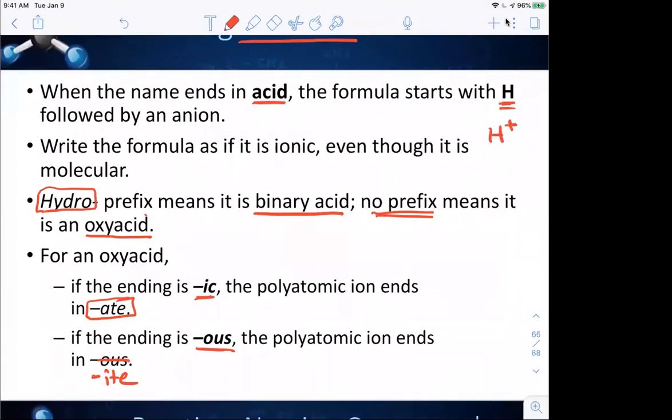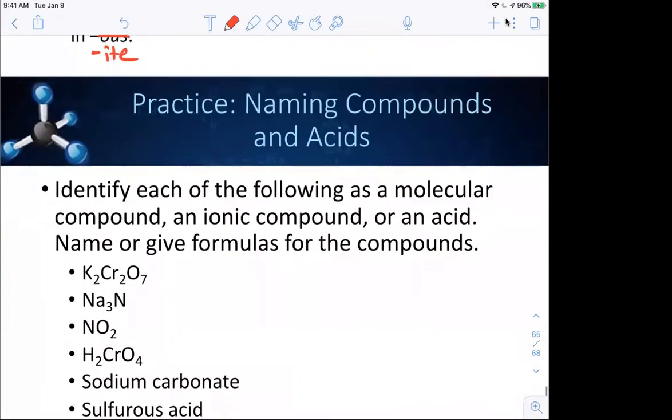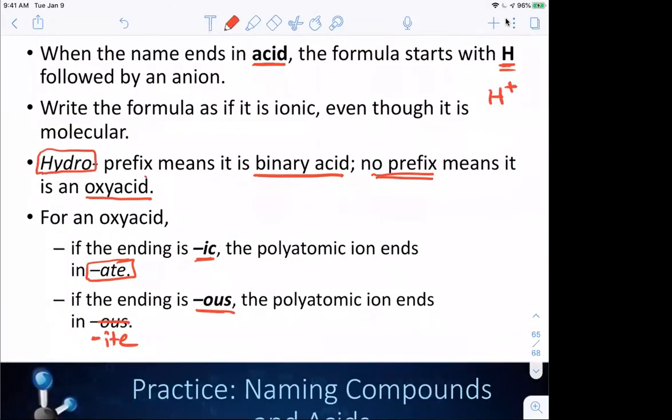Each hydrogen is a positively charged ion. So when I actually look at something, if I have SO4 2 minus, I need 2 pluses to balance that out. So my formula for sulfuric acid would be